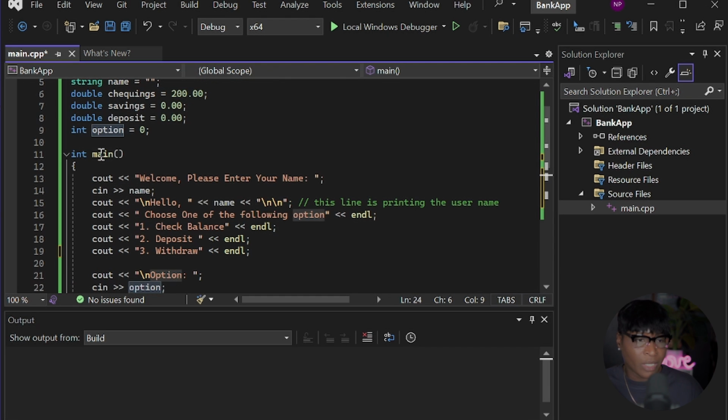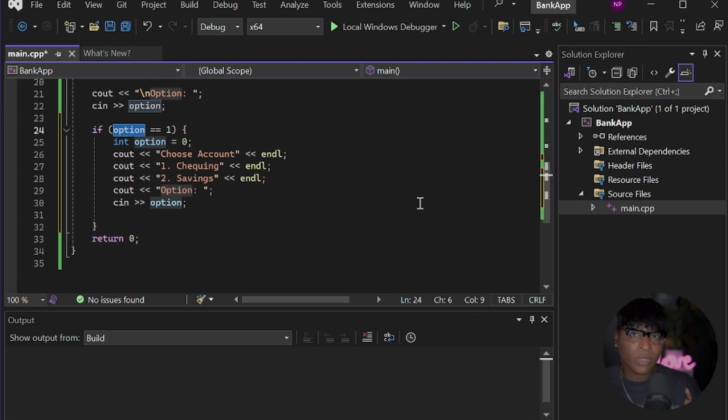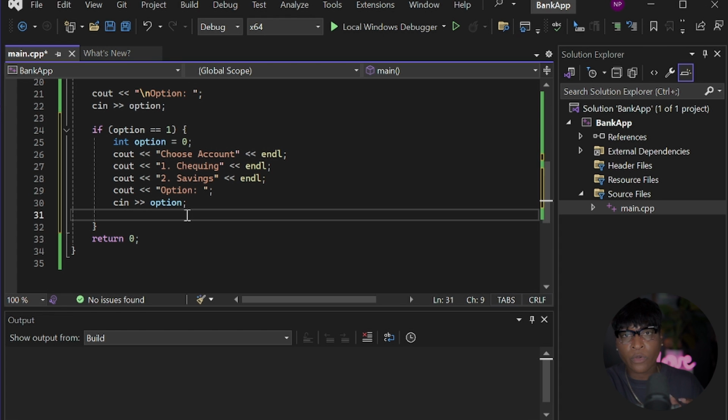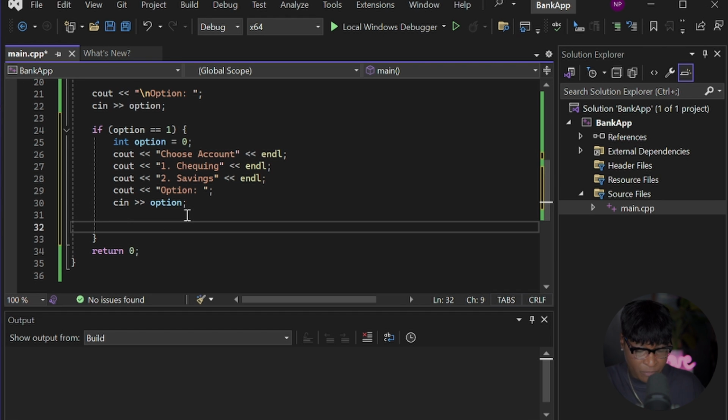This option variable is a global variable. You can use this option variable anywhere in the program, right? It's called a global variable. But this option variable is called a scope variable. It's only visible and usable inside of these curly brackets, right? If the user inputs 1 in the program, we want to display the checkings account. So let's go here, and we're going to give some type of condition. So we're going to say if option